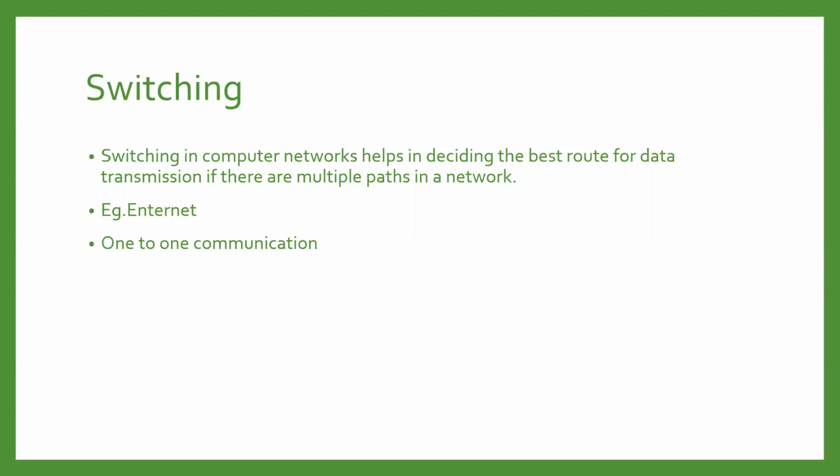For example, internet is a very large network, right? So to transfer any data from one to another, we have a lot of ways. So in that case we can choose a best path to transfer the data from source to the destination. We have to choose a method that should provide a one-to-one communication, right?